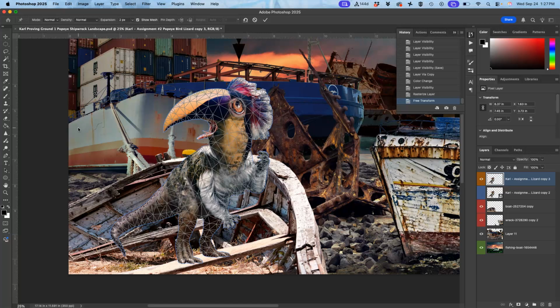But what it does is instead of just 9 squares to warp with, it maps a polygonal grid on top of your cutout. So it makes it look like a 3D model. It is not a 3D model. It is still just flat pixels. But it cuts it up in this way, which gives you a lot more opportunity to warp it. The problem is you can't just start pushing and pulling. You have to build the skeleton. So I want the feet to be one point where I can control it. So I'm going to pin it by